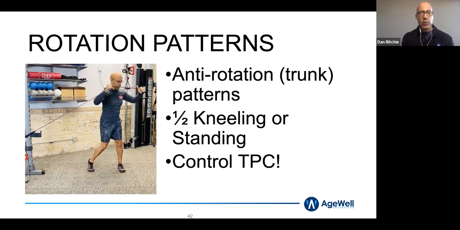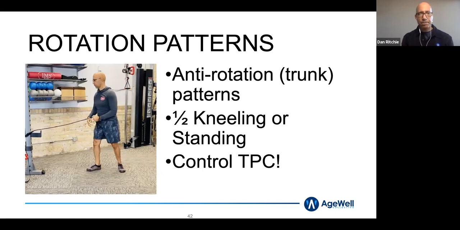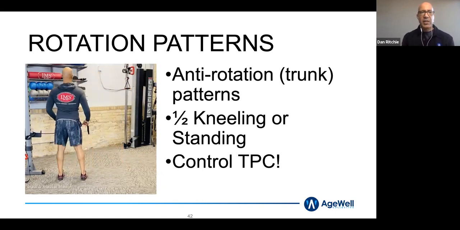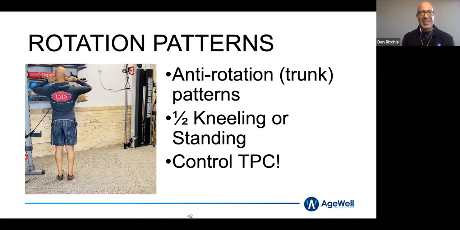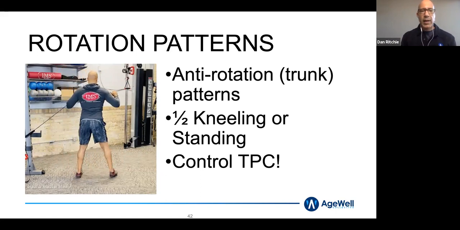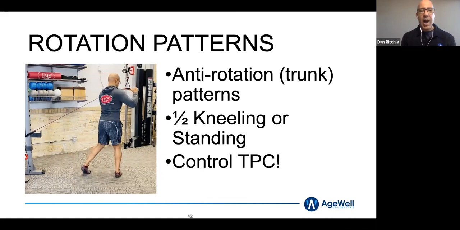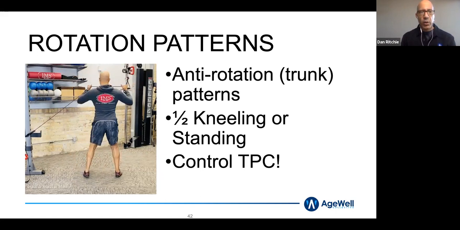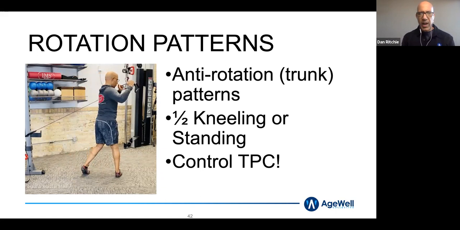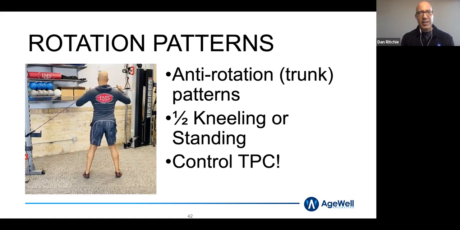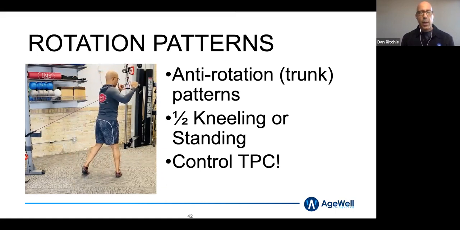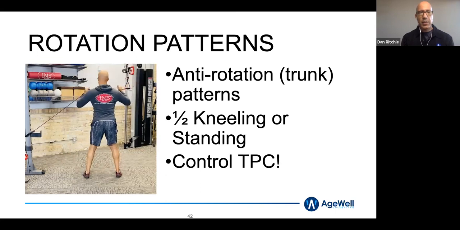You'll see my hip, knee, ankle, and foot of that left leg stays stationary. I'll flip around. Now I'm going to rotate towards my right leg, maintaining alignment, that long spine. My hip, knee, ankle, and foot will remain aligned. My TPC remains aligned. My arms do not move beyond my body. So the band's trying to pull me out of this position. I'm maintaining this position. I'm rotating around my right hip, maintaining alignment of the TPC as I rotate,